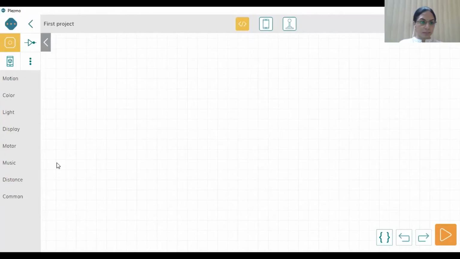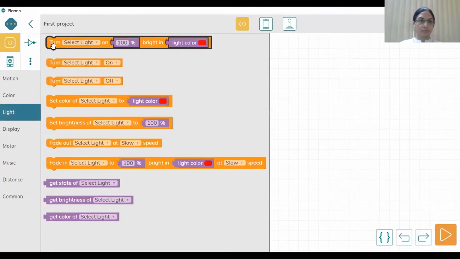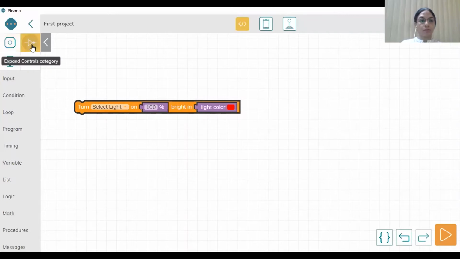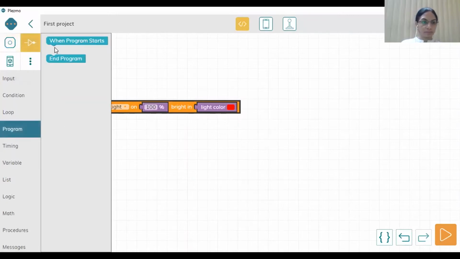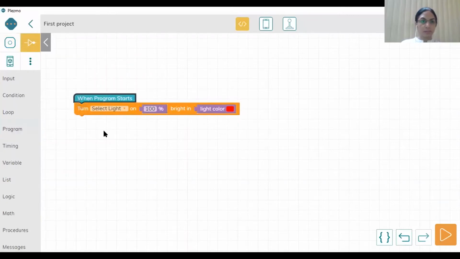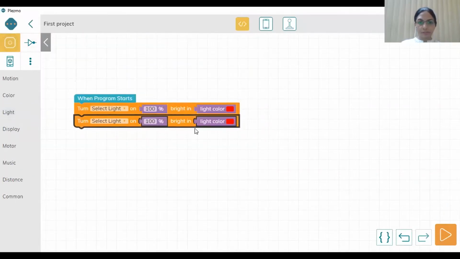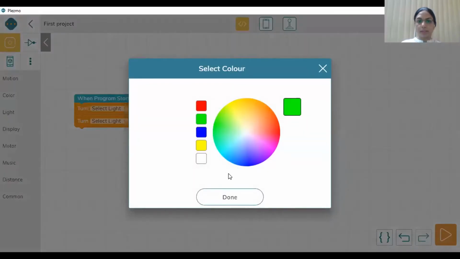Now we have to use a light element. The light element is here. What was the first command I showed you in the PPT? First, we have to start the program. So when the program starts, turn the light on as red. Then again we go to the component elements, turn the light green.